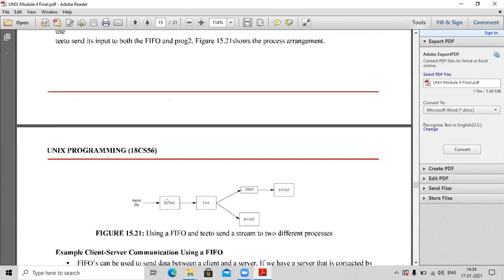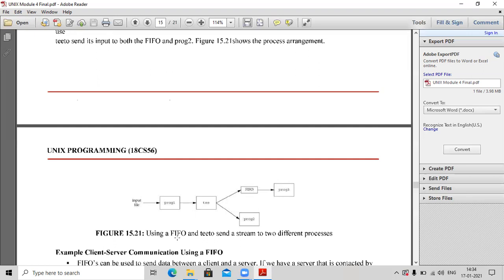The output from this program is given to the tee command. The tee command will pass on the output to the FIFO file as well as program 2. So instead of using an intermediate disk file, we are using the FIFO file here. Your FIFO file then ultimately passes on the output to program 3.